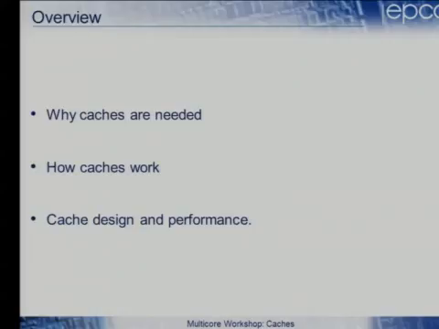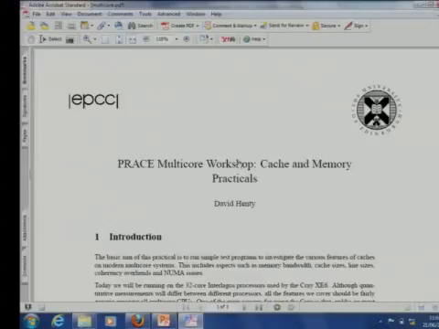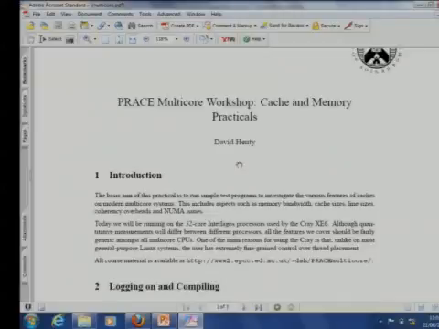So I'm going to talk about why caches are needed, how they work, and their design and performance. Tim and Neil asked me if I could give some introductory material on general multi-core memory caching issues, so that's what I'm going to do this afternoon. I hope this may be familiar to some of you, but hopefully the exercise will be interesting, even if the background's familiar. I'm going to be giving some basic, generic lectures about caching, memory issues, cache coherency, and some stuff on